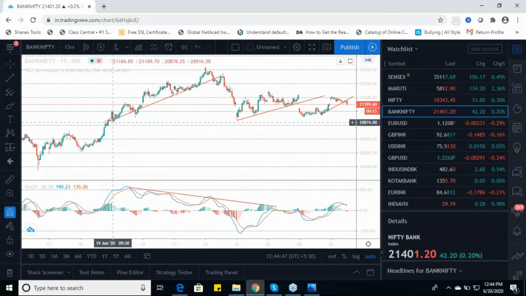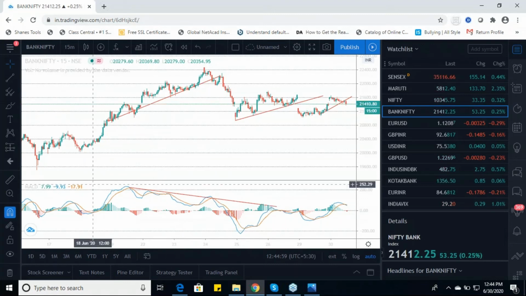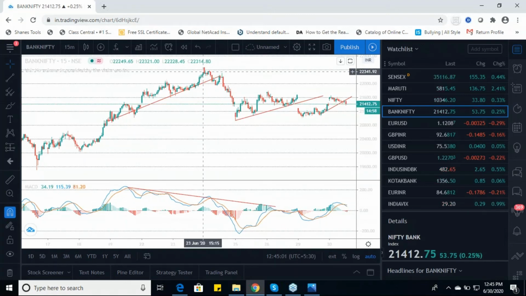So that's a divergence. Here's a new high, but the MACD is not giving that high signal. It's not making a new high, but it is going on a downtrend. So there is a divergence over there on the upside, which is showing that the stock or the particular trend will be going in a negative direction soon once it breaks down.